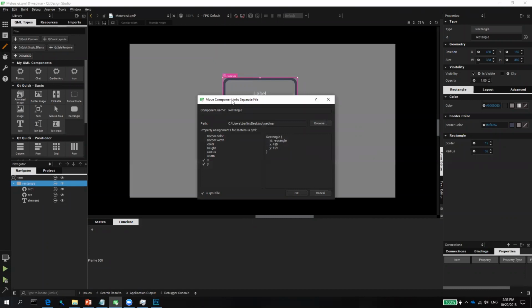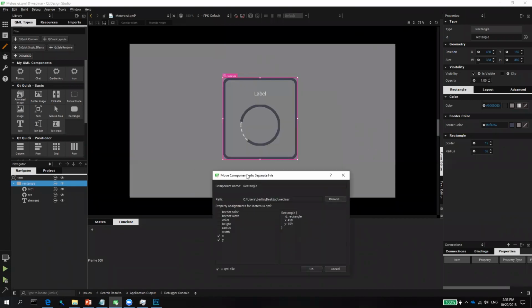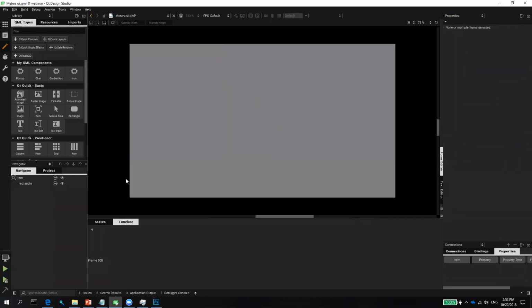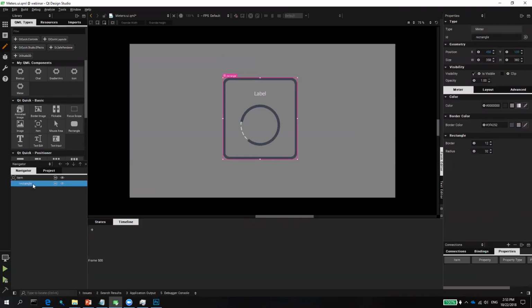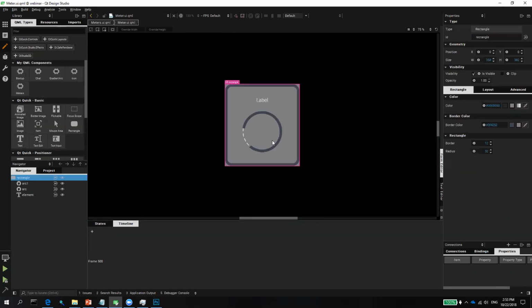I move this thing into a separate component so I can reuse it later and create an interface for it. The component I call meter. So what changed now in this root document is that we just have the first meter called rectangle left. And yeah, this is now a component. And with F2 or from the context menu here, we can go inside that component. And now here you see basically our component again